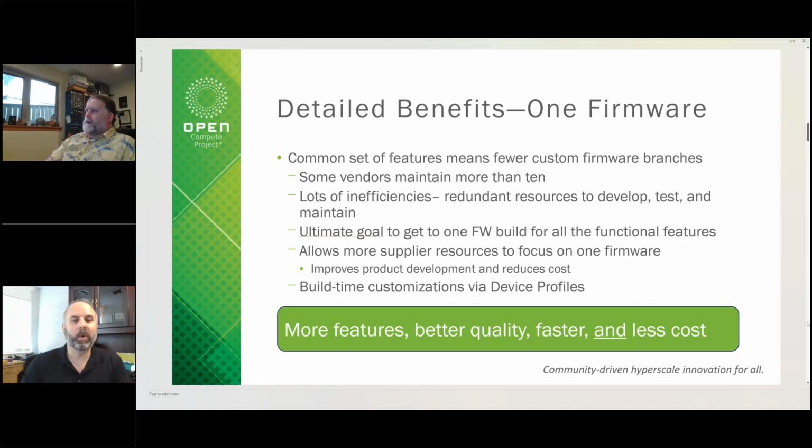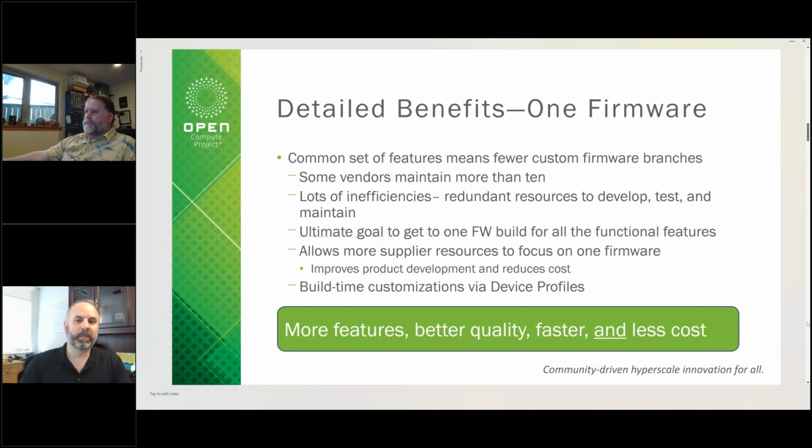So our ultimate goal with this spec, right, is to get to one firmware build, the one firmware to rule them all for all of the functional features it includes in our spec. And so that, of course, will allow more suppliers to focus all of their resources on just developing that one firmware. That should improve their product development and hopefully reduce the overall costs on the back end of developing these drives. We do still support, even though we have one firmware, the ability to have build time